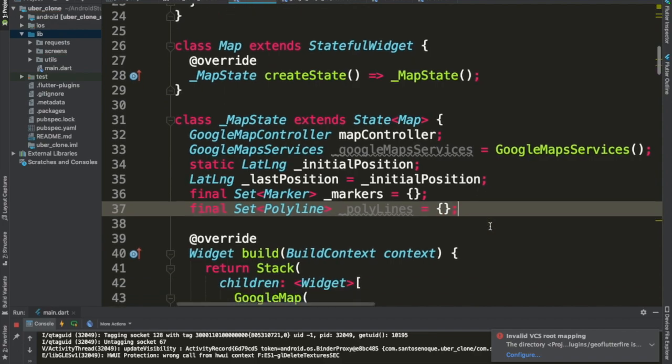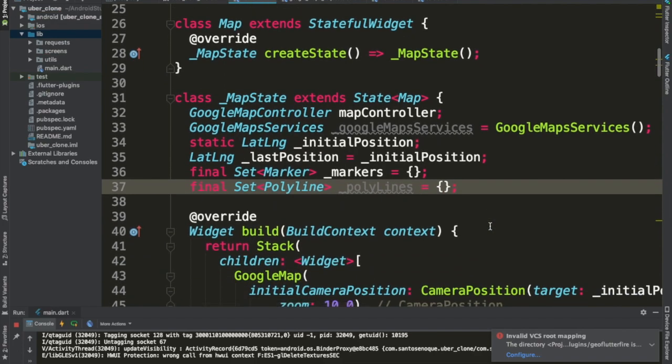And if you don't know what polylines are, they are basically the lines that are going to be drawn to depict the route from one point to another point. Okay, so